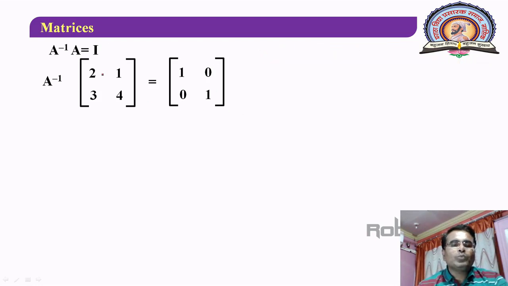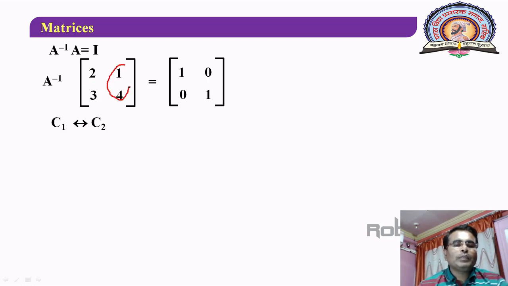Now to make this one, it is better that we interchange these two columns, or you can consider this first column C1 minus this second column C2. That way also it is possible. So you can use different types of transformations to convert this element to 1. So our first job is to make this element 1, and let us see which transformation is used. C1 is taken to C2, C2 is taken to C1.